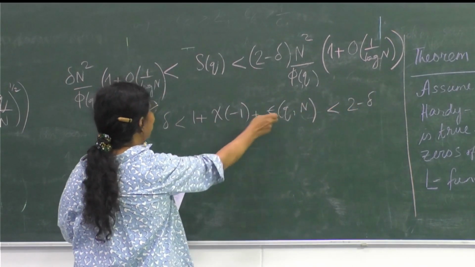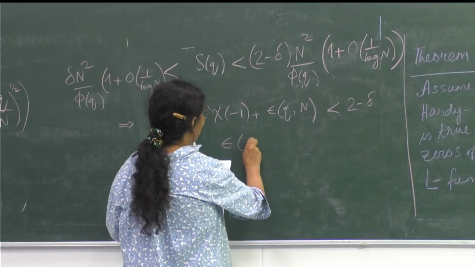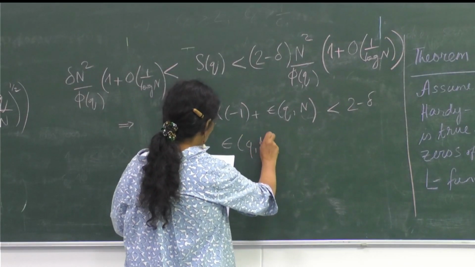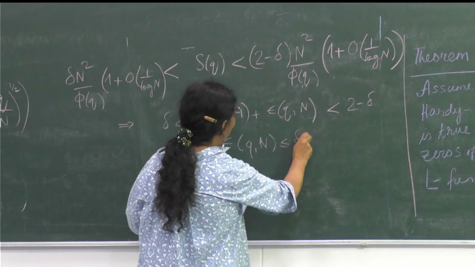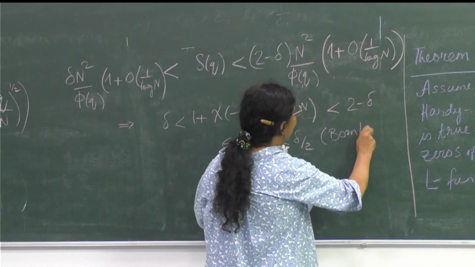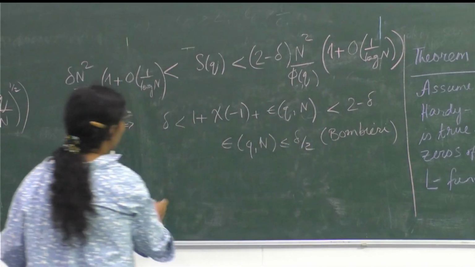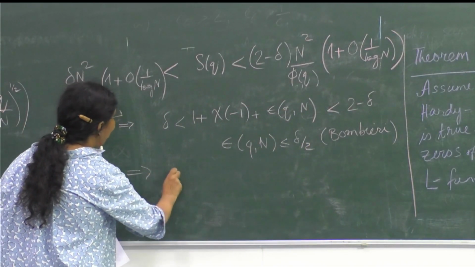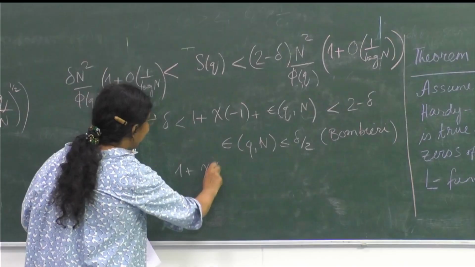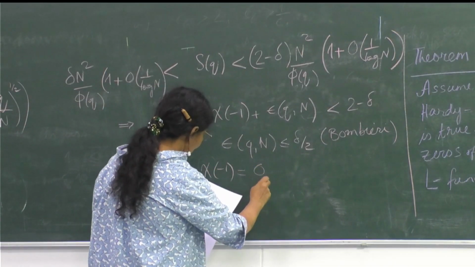And this epsilon qn can be bounded by delta by 2 using Bombieri's theorem. And this therefore gives us that 1 plus chi minus 1 is equal to either 0 or 2